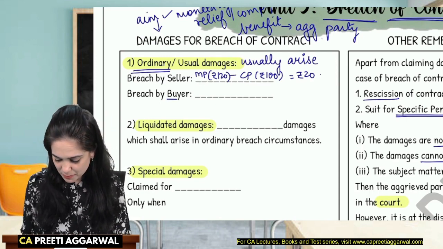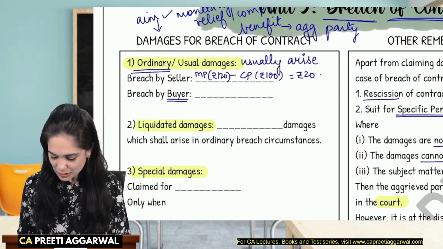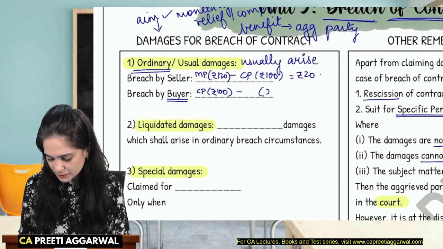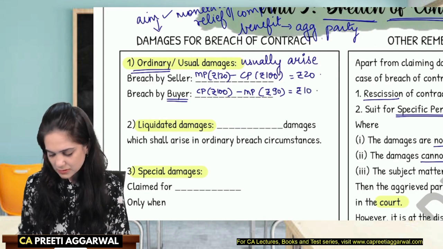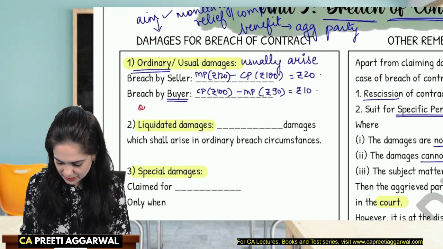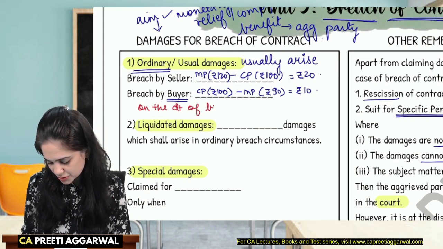If there is breach by buyer, then who can claim damages? Seller. So seller will say that if you would have purchased in the contract, I would have got 100 rupees. But now you are refusing to purchase. I will have to sell at 90 rupees in the market. I am losing 10 rupees. I will claim it. And students, please note that the damages are calculated on the date of breach, not on the date of actual buying or selling.